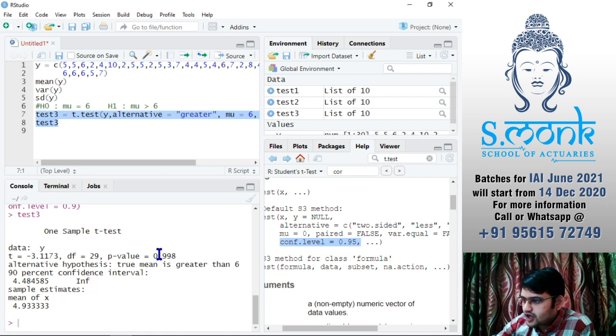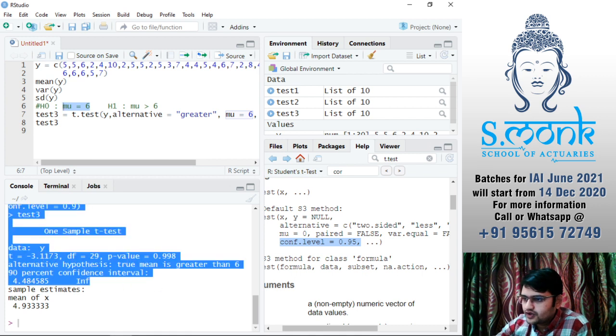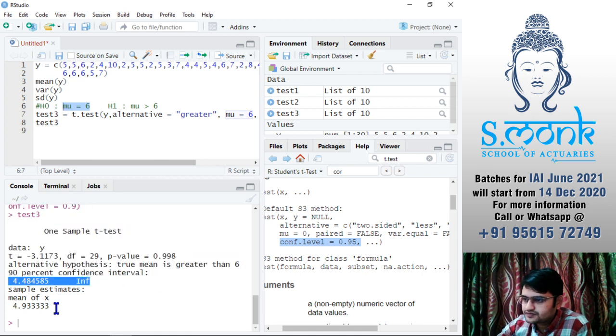You can see here now our p value is 99.8, so we have a very high chance, or we are very much confident that our mu is less than or equal to 6. It is not greater than 6. We are accepting our hypothesis is mu is equal to 6 or less than 6. You can see the confidence interval.